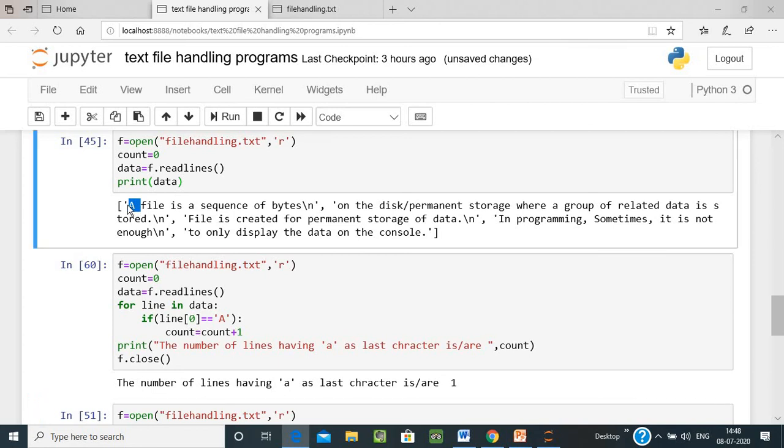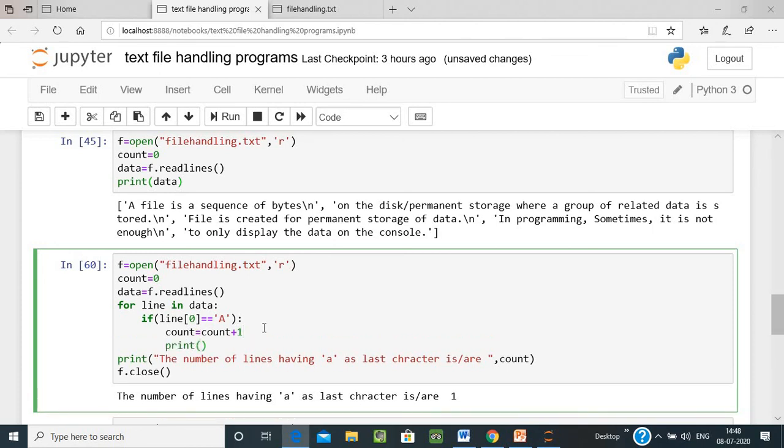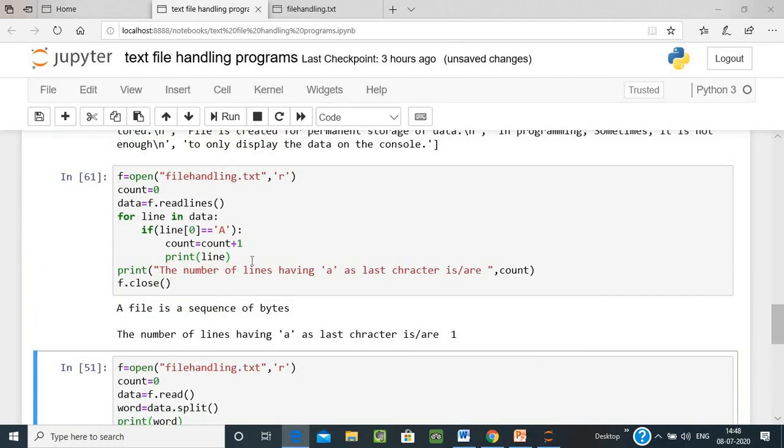See capital A. So we can also check the number of lines starting with A. You can also print the lines starting with A. So simply write this, so this is a program to print the lines starting with A. So we can change it as per our need.